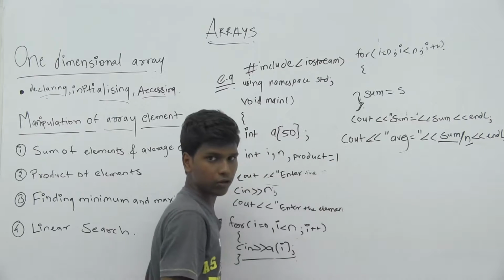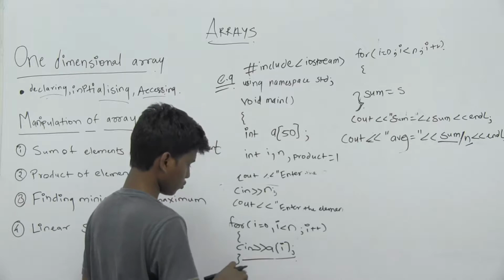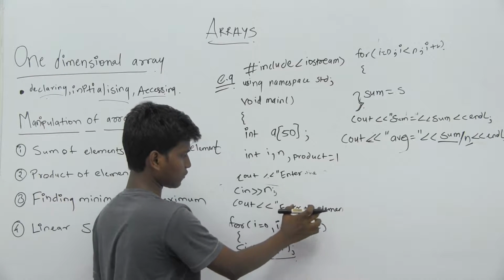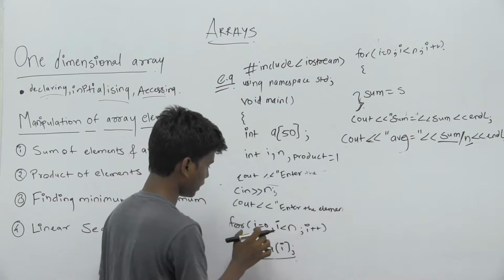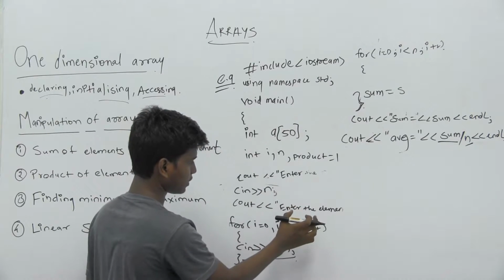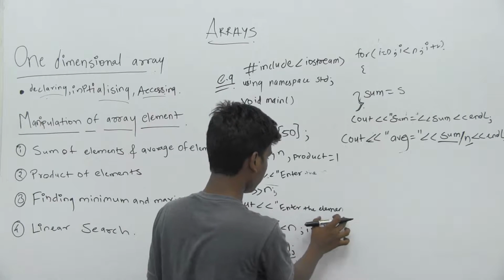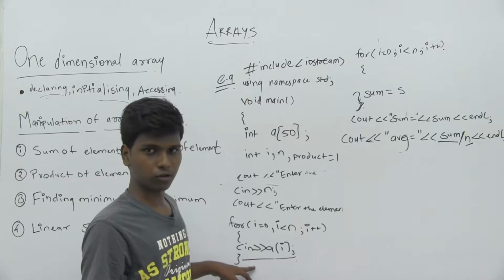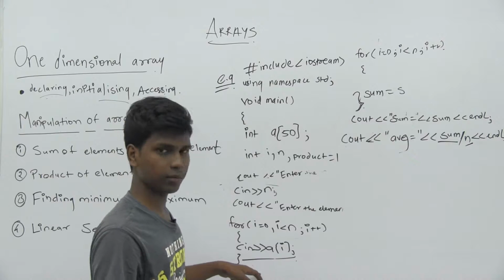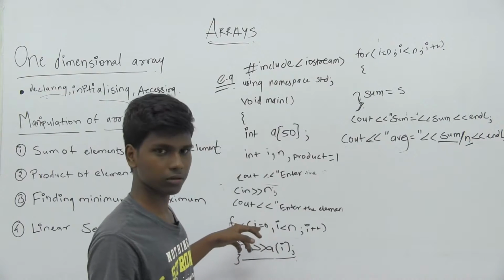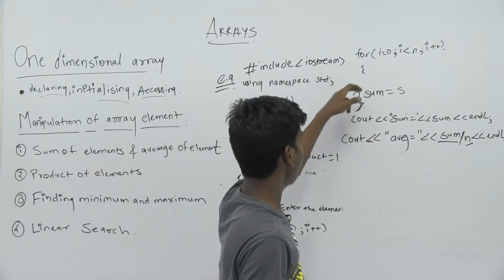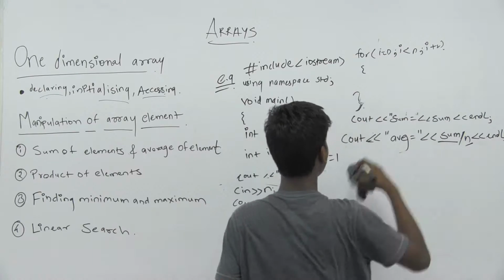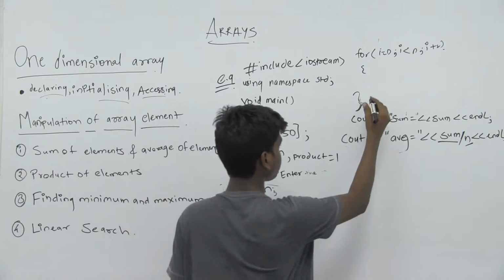and give it 1. I will tell you further why I have taken it 1. So this is the same code. We'll ask for the number of elements, n, and then we'll ask the user to add the elements, as many as the number he said. Then we'll calculate here the product of every element.